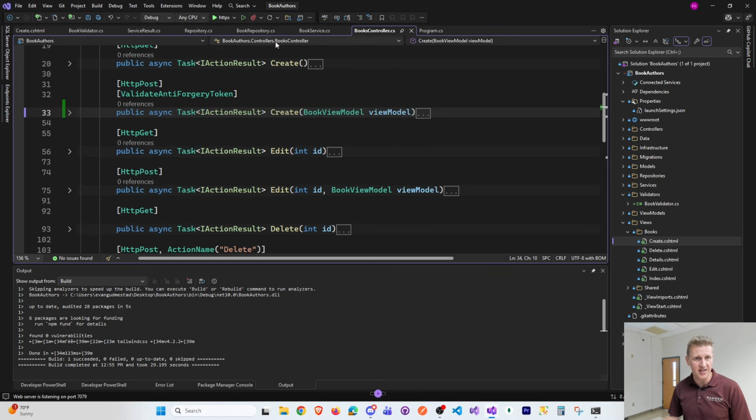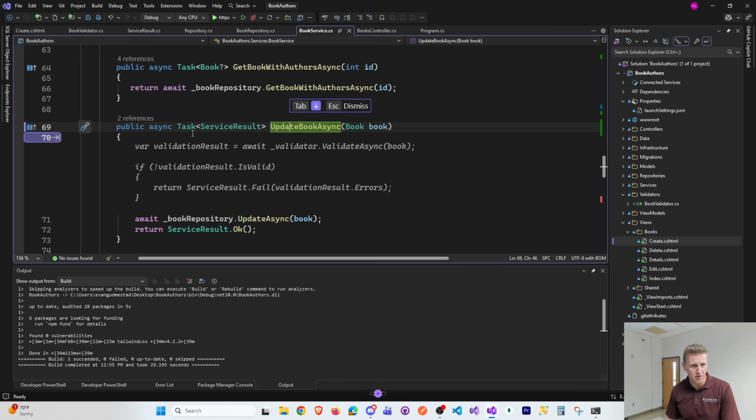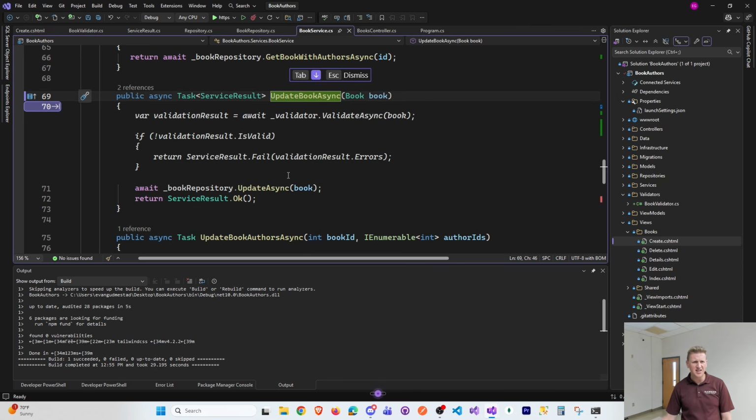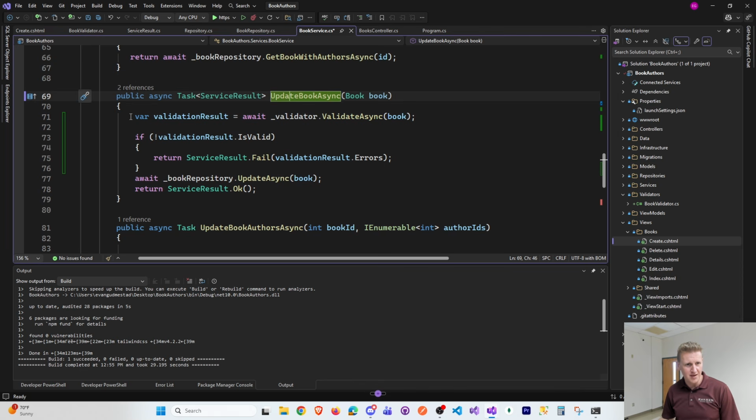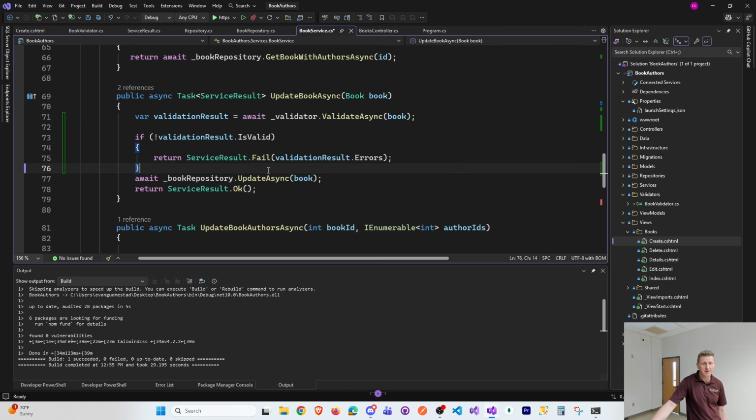that was create. Now let's do edit. So book service. You can see AI is picking up on, hey, I'm probably going to want to update my book async. Let's bring that in. This is really different, this code suggestion has different coloring. I can hover over it. What happens if I just click? It picked up on the pattern I wanted to use. I'm using my same validator on an update book. And